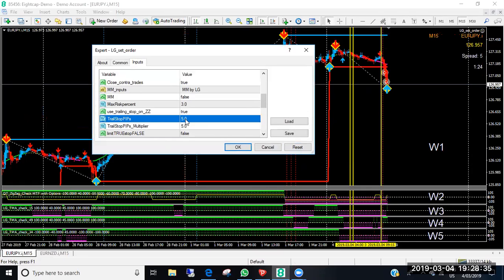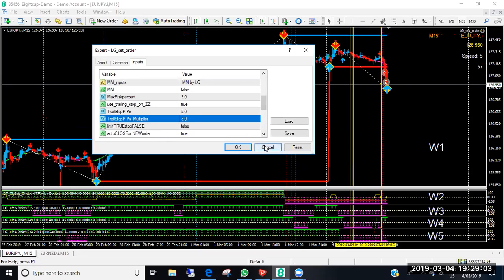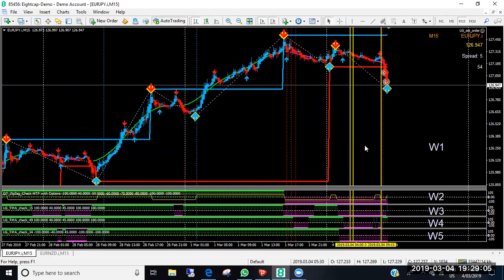So 5 pips, when it activates the trailing stop, it'll bring your take profit to within 5 pips of the appearing diamond, okay? And it'll move the take profit 5 times your trailing stop. So my trailing stop is 5 pips. It will move the take profit to 25 pips from the diamond that's appearing. Yeah, so these things obviously, that's what we're